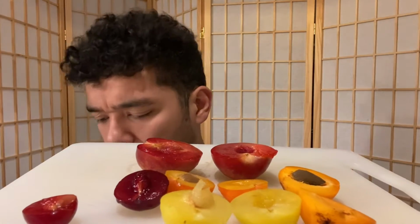So here's the other red plum. Okay, wow. That one almost strikes me as overripe. All the meat kind of just gushed out of the skin. I could collapse it between my tongue and my palate, and just be left with the skin, and all the meat just kind of oozes out. Very sweet, very nice